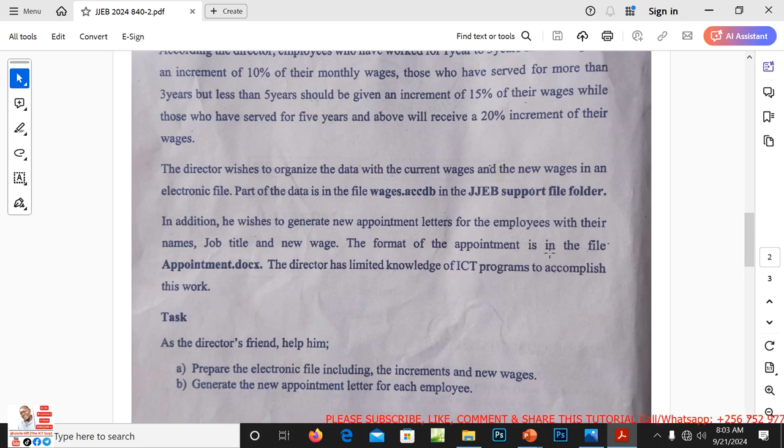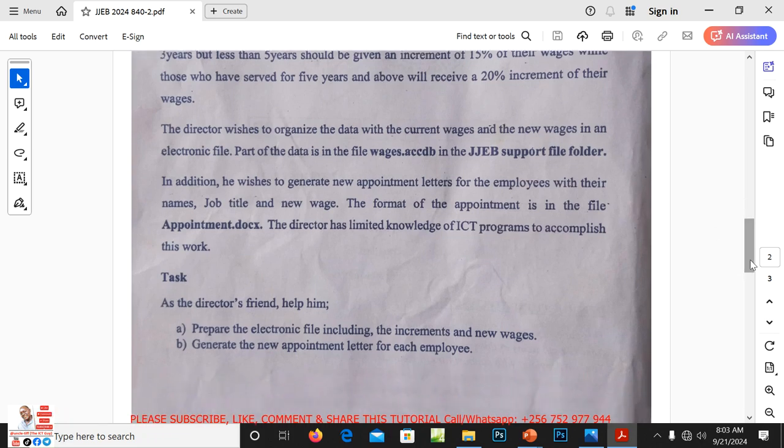The format of the appointment is in a file appointment.docx. The director has limited knowledge of ICT programs to accomplish this task. Then down here we have a task, and this task says that as the director's friend, help him. Part A, prepare the electronic file including the increments and the new wages. Part B says generate the new appointment letter for each employee.